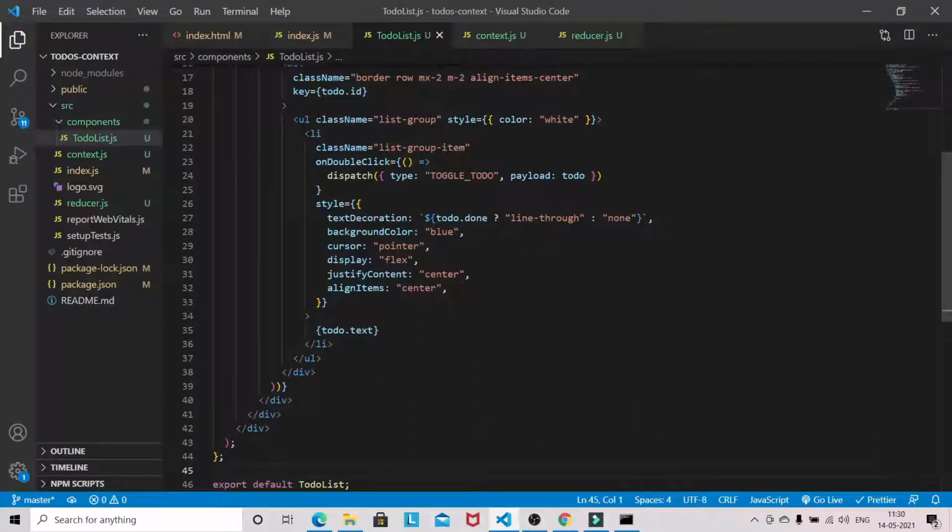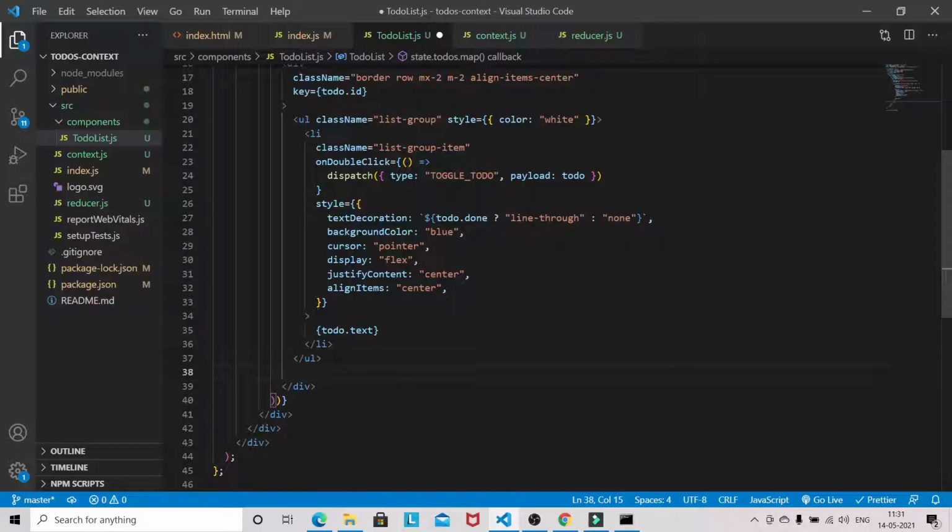Now at the bottom we are going to implement this icon we are going to display.